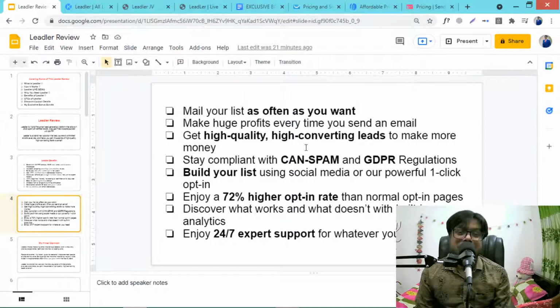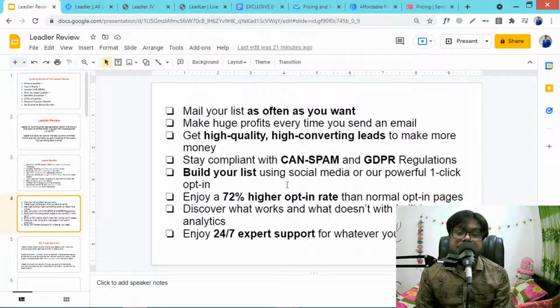You know that if you build a targeted email list, when you send an email broadcast, you will make money. This is for sure, because the money is in the list, and you will get high quality, high converting leads to make more money, and you will stay compliant with CAN-SPAM and GDPR regulations. So this is very important.